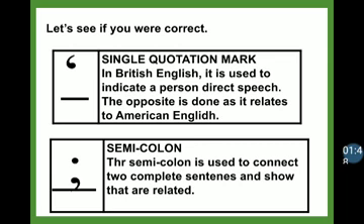We have the British rule and we have the American rule. We know that across the world, the British rule is the one that is used. Now, in British English,